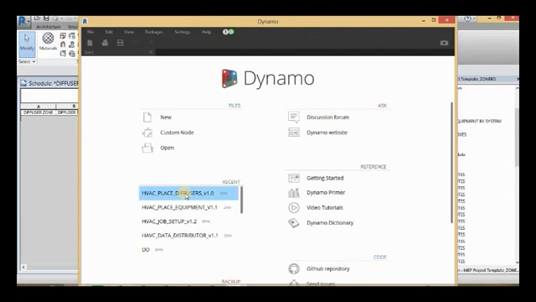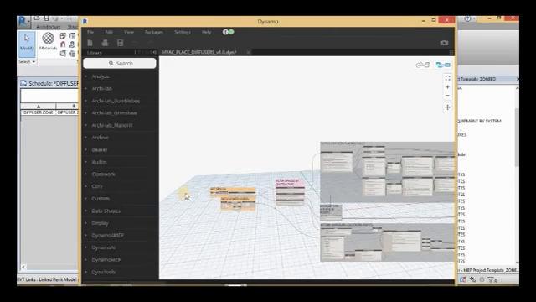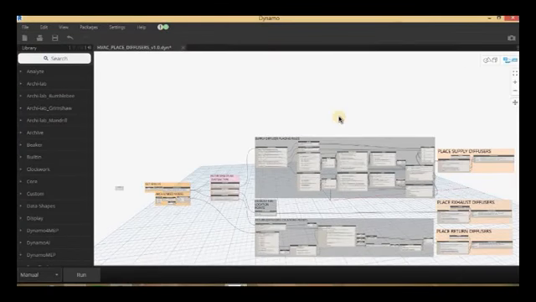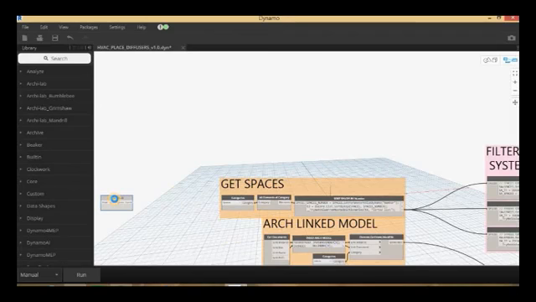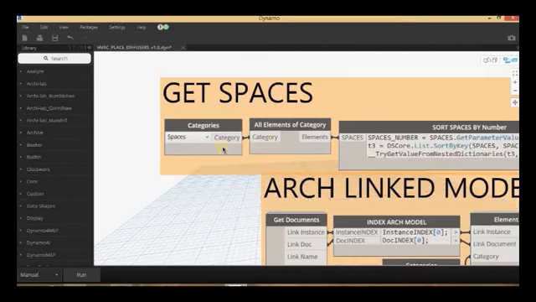So let me open up the place diffuser script. If you remember from last time, it looks pretty similar. All the stuff in the middle, though, is what's been added, and that's all of our rules that we're going to use. So let me get rid of this guy right here. We also added this